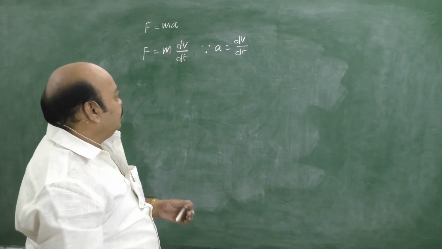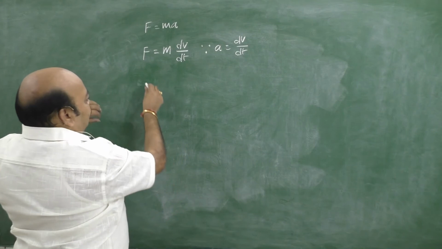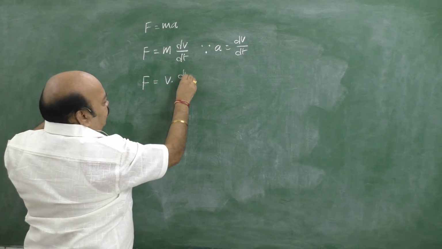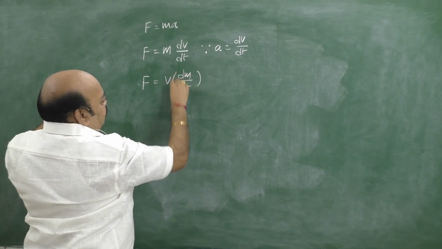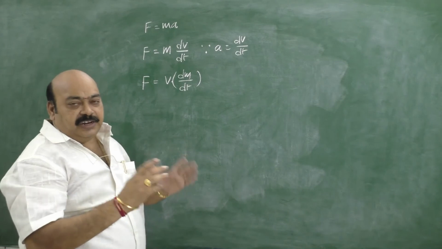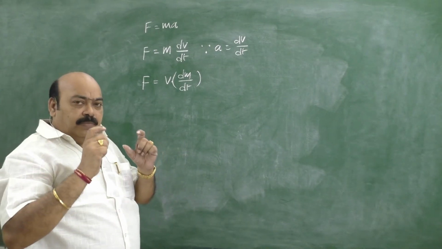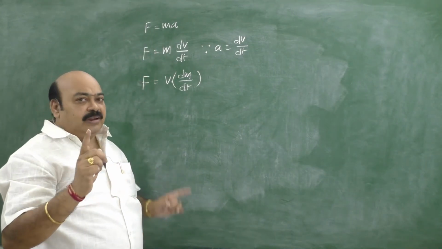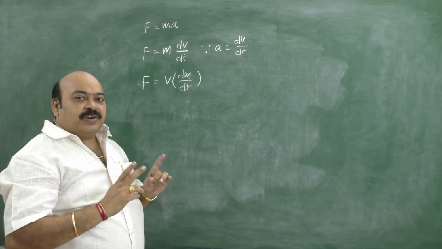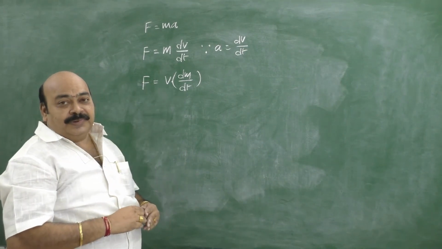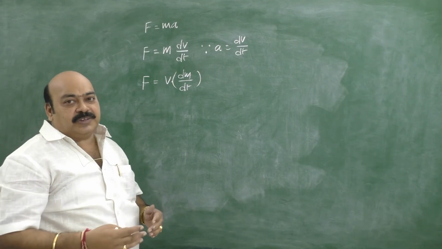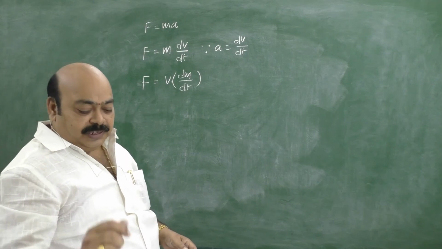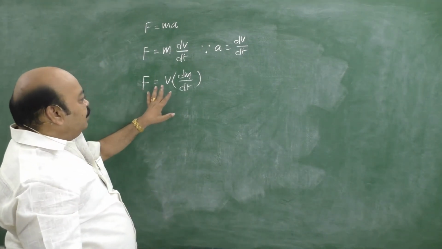In such cases, we can write this formula, the so-called Newton's law, as F is equal to V into dm by dt, where V remains constant. Till the beginning, we were dealing with only one concept, that is F is equal to ma. Now, if you go for a couple of days on the same concept with different numericals, we can go for this one. So be strong in the basics of physics. Now see this one. F is equal to V into dm by dt.